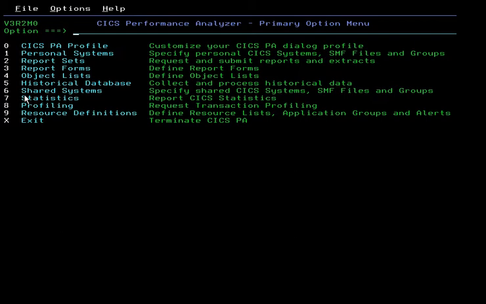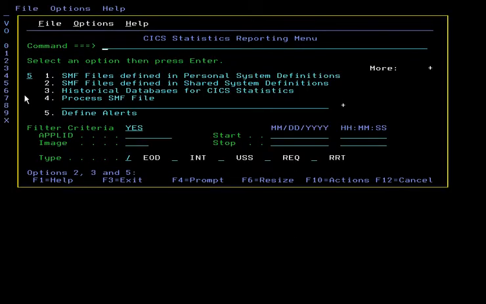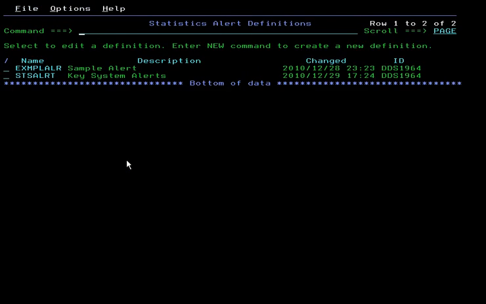Just pick option 7 from the primary menu for statistics and hit enter. Select option 5 to define alerts. You want to filter your criteria and you want to select end of day data. Hit enter. We have 2 statistic definitions already, but let's create another one so you can see the process from